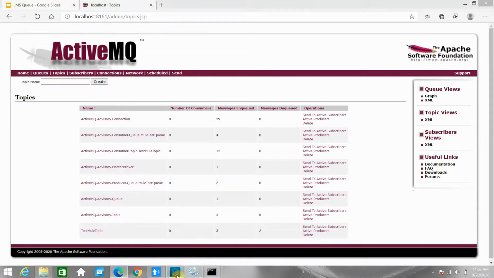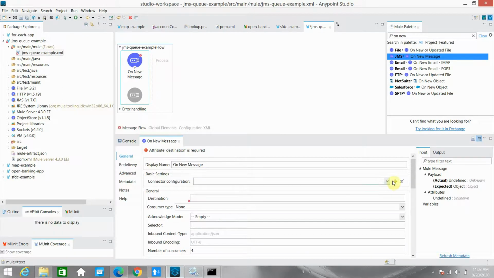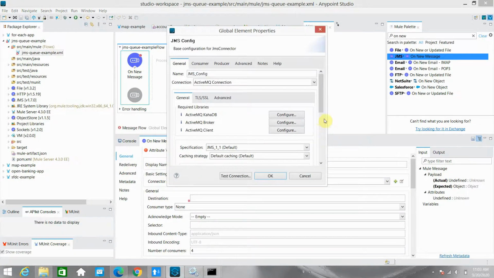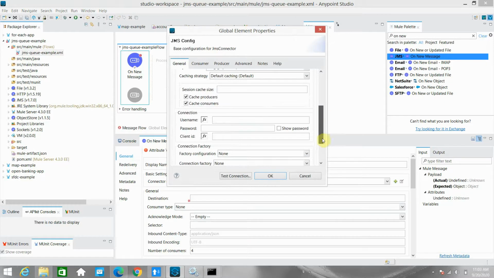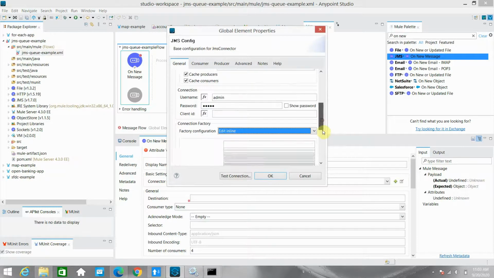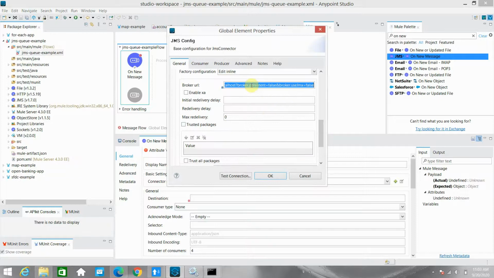Now I can go to the connector configuration and click on this plus sign. First we will see the normal example. You have to configure this ActiveMQ client, then provide a username, then edit inline, provide the factory configuration, and provide the broker URL. In my case, the broker URL is tcp://localhost:61616. I will say OK.